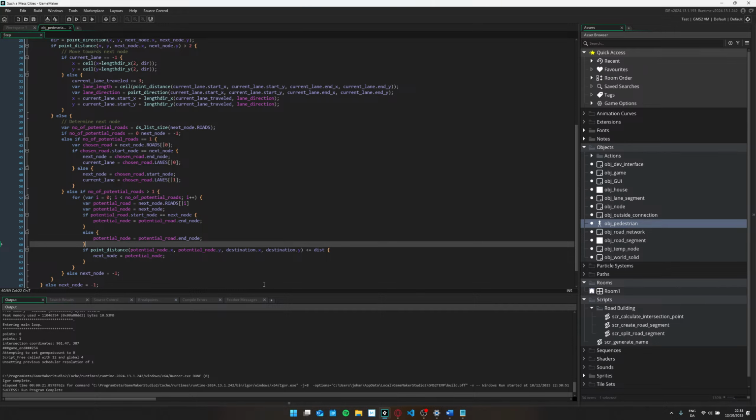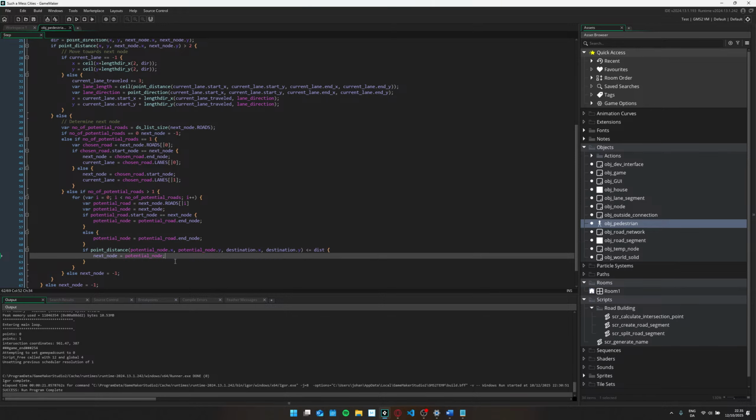Then we ask, is it the question I just asked? If so, we change the next node. And because we're doing it for every single one of them, by the end of it, the next node will have been changed to the one that is